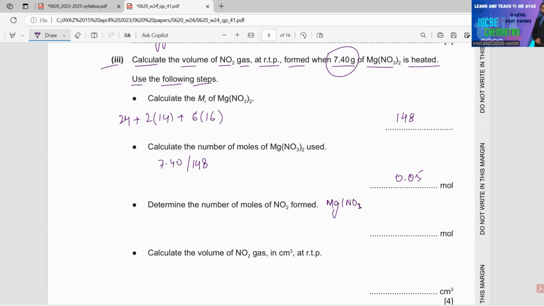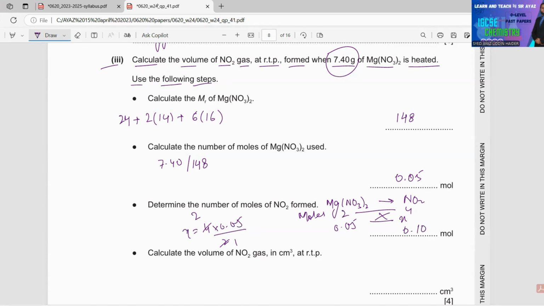Mg(NO3)2 gives NO2. The relation is 2 to 4. 2 moles giving 4 moles of NO2. Therefore, 0.05 moles give X moles. Do the cross. It becomes X is equal to 4 multiplied by 0.05 and divided by 2. So you need to multiply 2 by 0.05, which becomes 0.1 mole in this